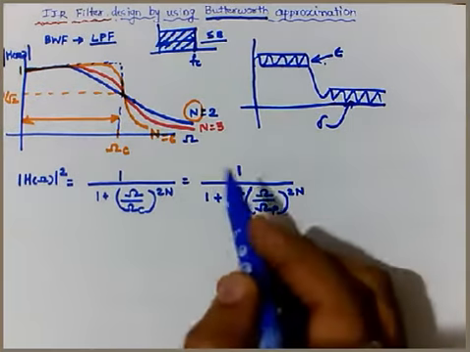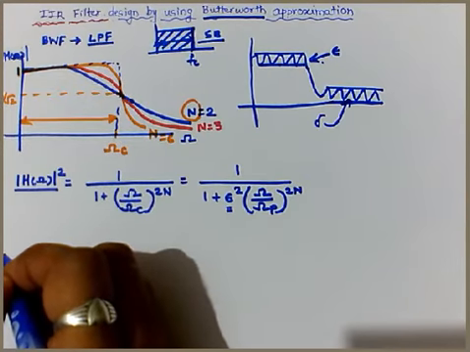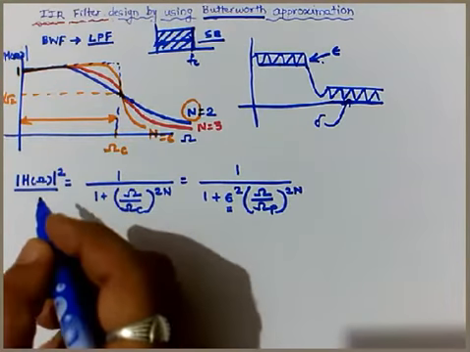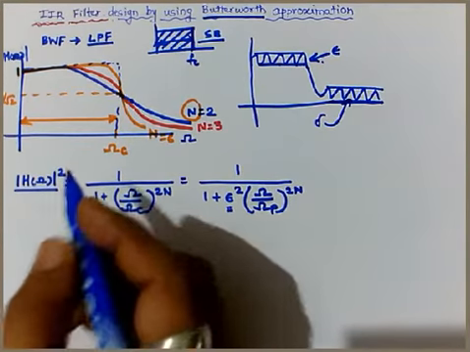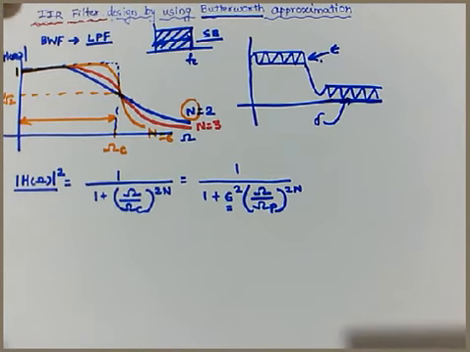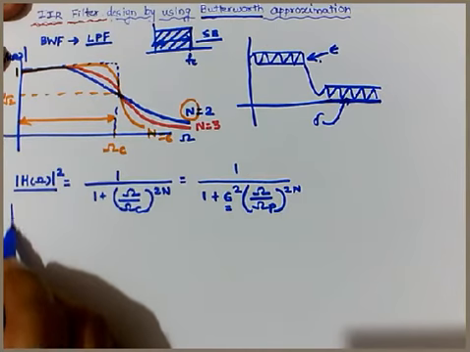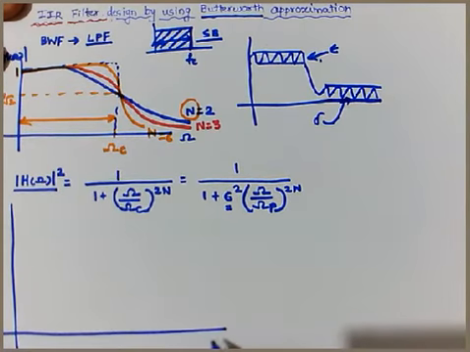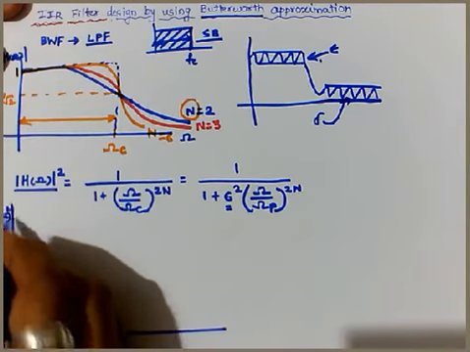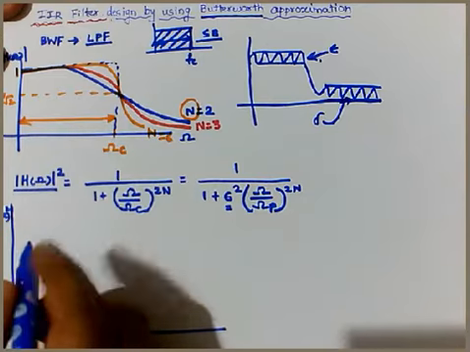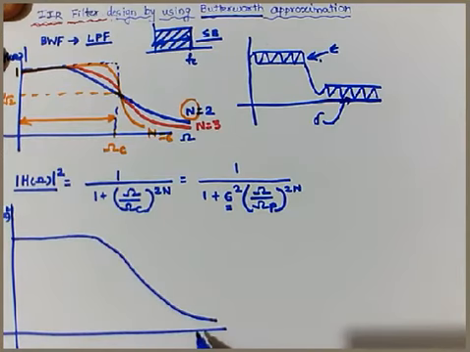Now this is how this particular expression is given, called the magnitude squared response of the low pass filter. Right now we are discussing it with respect to the characteristics for the analog filter. So let's see again the same kind of characteristics if we want to go for the transition region. Again we will plot it to show certain minute points. So this is how the filter response will be varying.